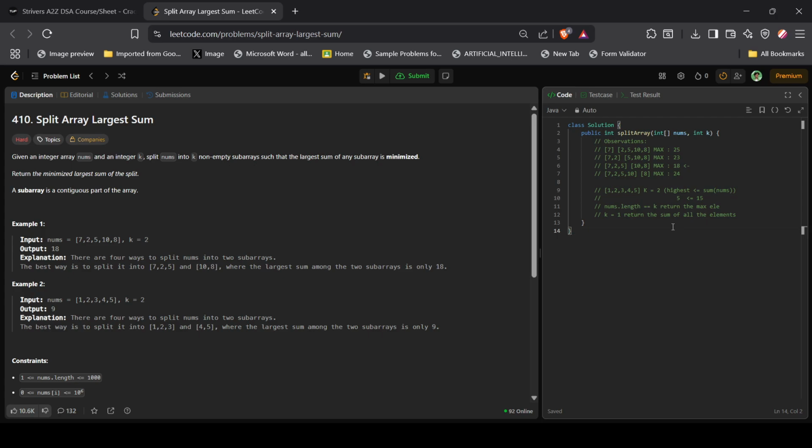We try to increase the sum, because we have to increase the sum to search for a greater maximum sum. So if the minimum number of arrays when the sum is 5 or any element between this,